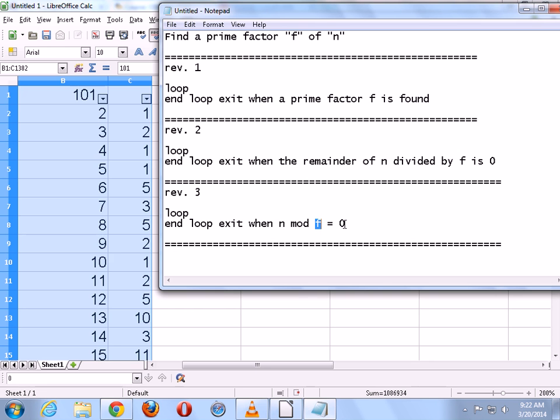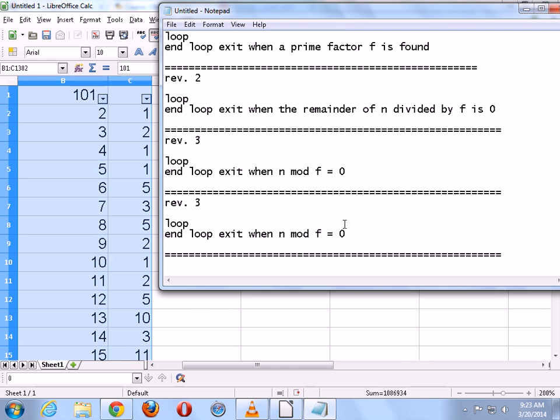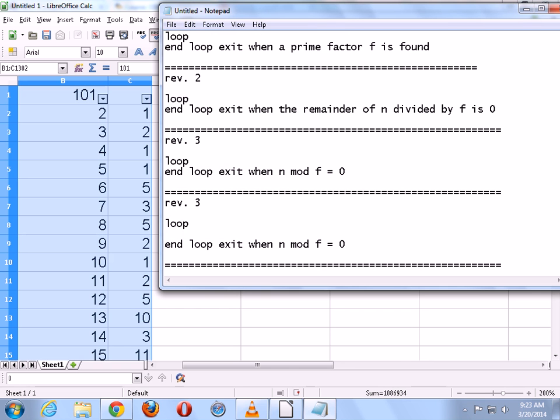So that gives me a really good hint of what I need to do in the loop, because I need to change variable f in the loop so that eventually this condition will be true. So in the loop, I know that f is being updated. Now I need to look at the spreadsheet, which is immediately to the left-hand side of the algorithm on the screen, and say, which column do you think is representing f, other than the first row? Column B or column C?